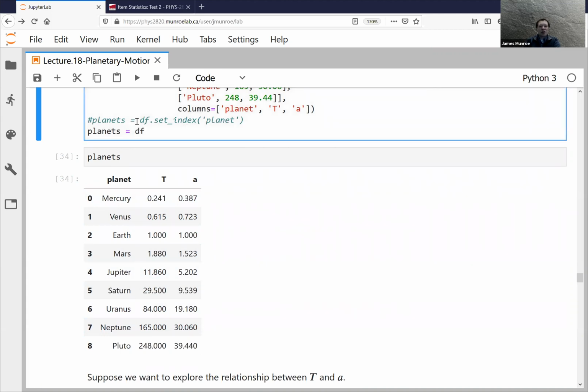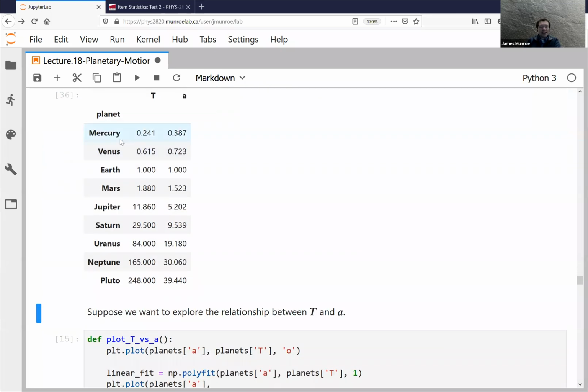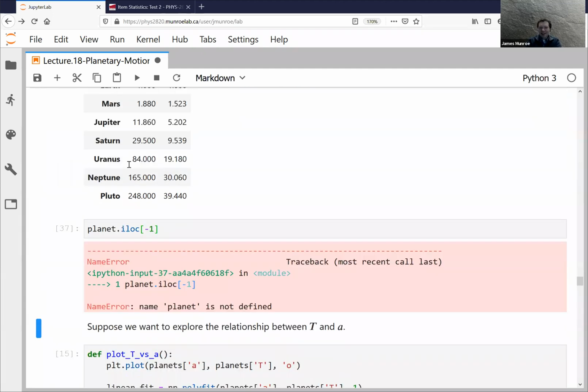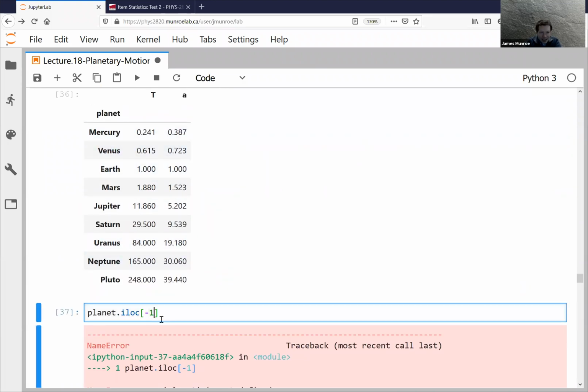So what you can do is take the data set and say, I want the column planet to be my index, and then that goes away. What that means is, if you want to talk about a particular planet, do you remember how we had to use iloc to figure out the last row or the first row? Remember we would do this kind of thing? That's not going to work anymore, because that was the index when the numbers were 0, 1, 2, 3, 4, 5, 6. The index now